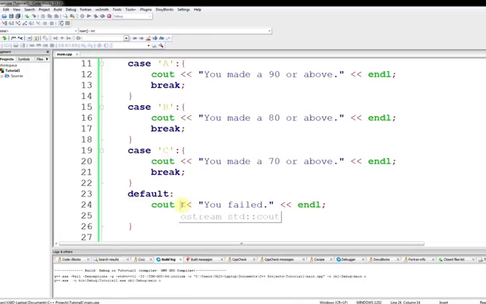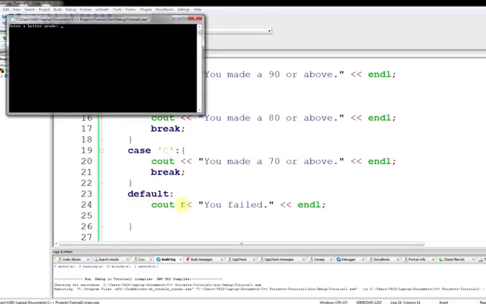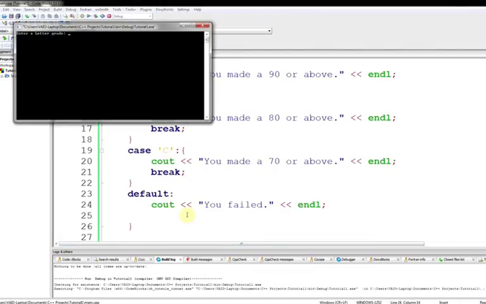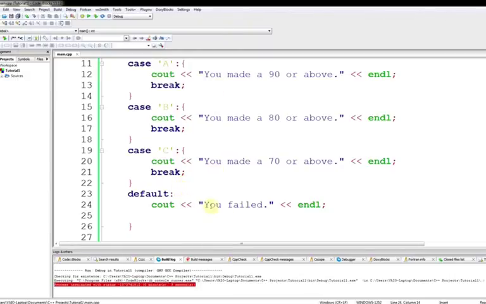If we run that and we enter in an F, or let's even enter in a D, it'll say you failed, because if we enter in a D, obviously A, B, and C aren't a D, so it's going to go to the default and just say you failed. But obviously if I enter a Z, that same code is going to run because it's neither A, B, or C. So if you wanted to restrict the user to only entering the correct letter grades, what you would probably want to do is say something along the lines of